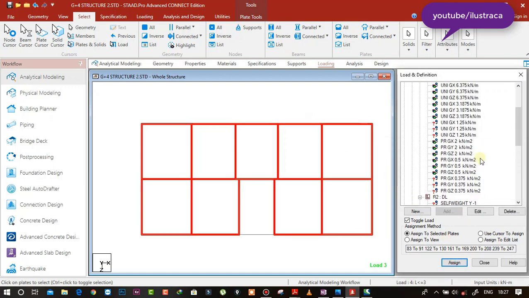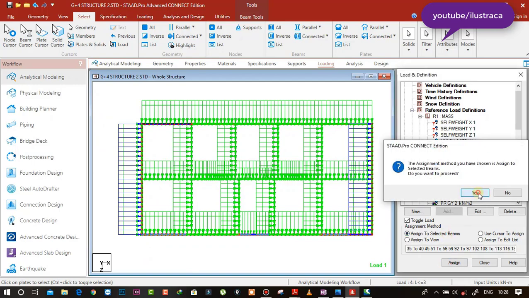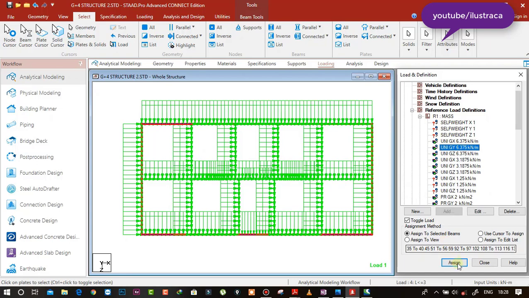Same here in the mass, this one you can see. So just go to the beam cursor and select the outer beams again. This is only for the top floor, terrace floor, because at the terrace floor we don't have these loads. Assign to selected beams, assign yes. Same this one, yes.